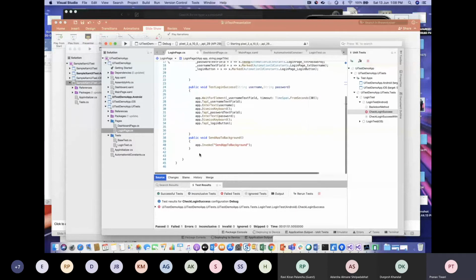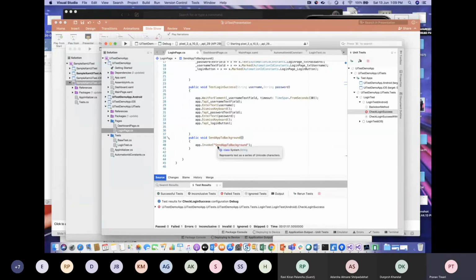Yeah. So the only thing we need to do to invoke the backdoor method is write app.Invoke. Right now, what I'm trying to achieve with the backdoor method is a functionality where you log in, you go to some other screen, you send the app to background, you bring it back to foreground and see whether that particular screen is displayed, or whether it shows the first screen that our app has. So that's the functionality we are trying to achieve with this backdoor method right now, and we'll see how it's implemented.